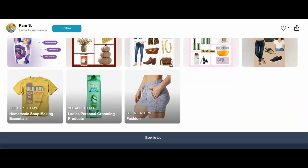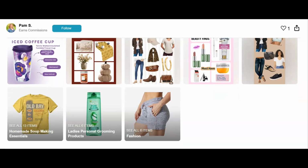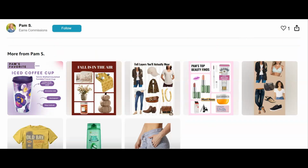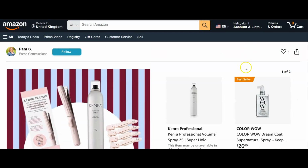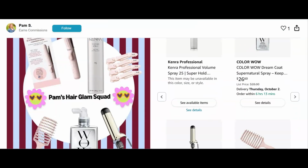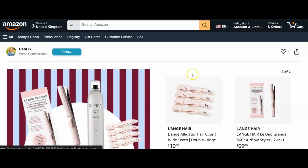She's got lots and lots of different things that she is recommending, and she's put them here into different groups. So we've got fashion, we've got ladies' personal grooming, we've got homemade soup making essentials. So all of this is her sort of little Amazon store, if you will, and you can add as many things as you like to a store depending on what it is that you want to sell. But like I said, now that I've clicked on this link, if I went in and I ordered something expensive, then I would